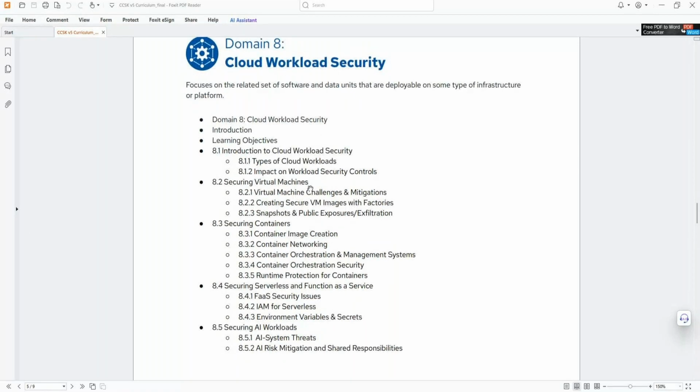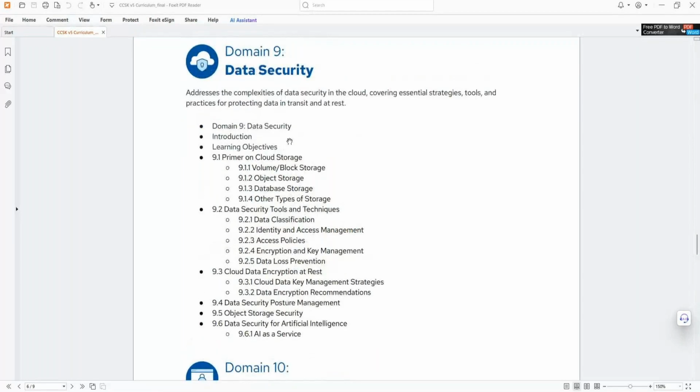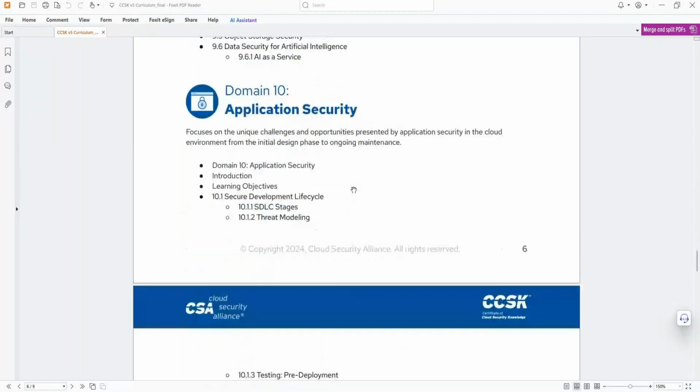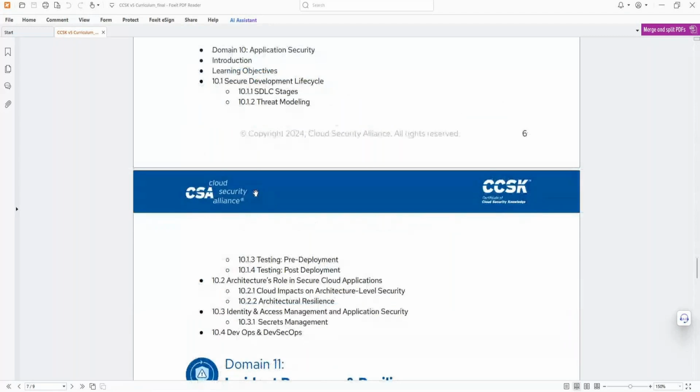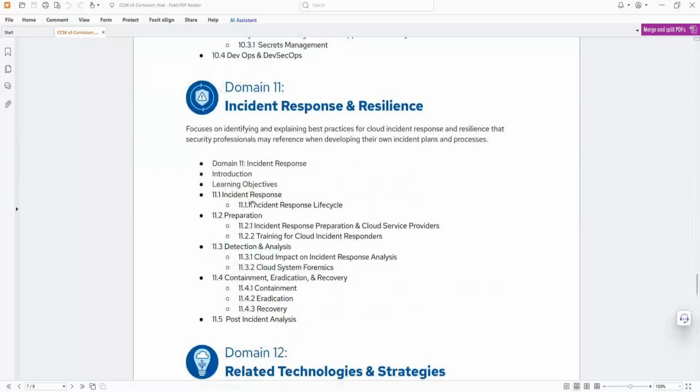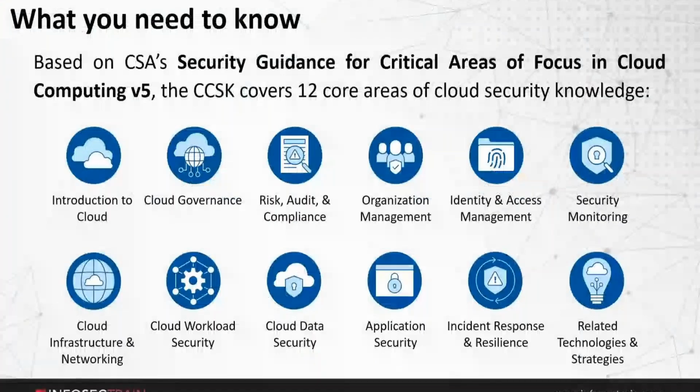That's domain 8. Then obviously data security. This domain is even more important because you're handling data for AI as well nowadays, right? Then we go to the application security domain, where we talk about the secure SDLC process. How do I have a secure step-by-step SDLC process, and how can we make sure that the cloud is properly secure in terms of application hosting and all? Then we'll talk about cloud-specific incident response and resilience. And finally, what other technologies are there in cloud nowadays which can help us foster the cloud journey? This is how the whole domains are organized in terms of the CCSK examination.